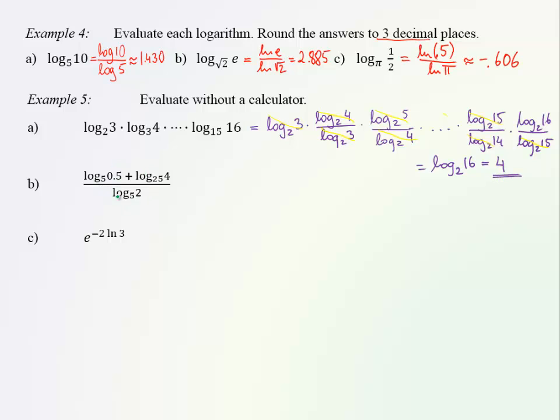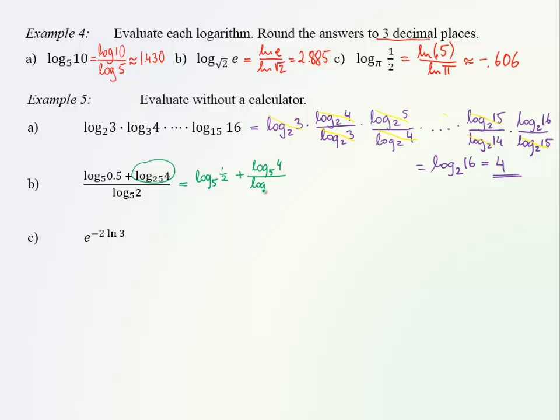Okay, let's see what's going on in the second example. This time we have log base 5, and here we have log base 25. And there's another log base 5. So these two logs we can't really combine as they are right now, because they have different bases. So what could we do? Well, let's take care of this base 25, rewrite it in terms of base 5, and then see how we can simplify the rest. So we have log base 5 from 1/2 plus log base 5 from 4